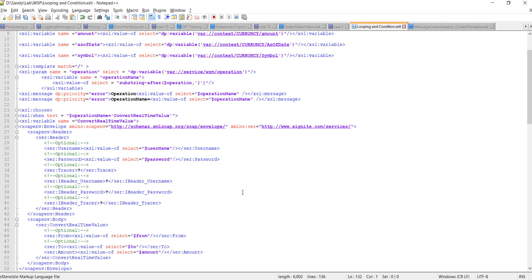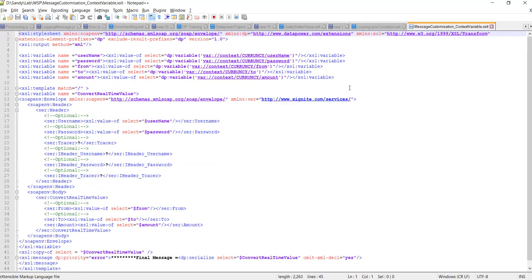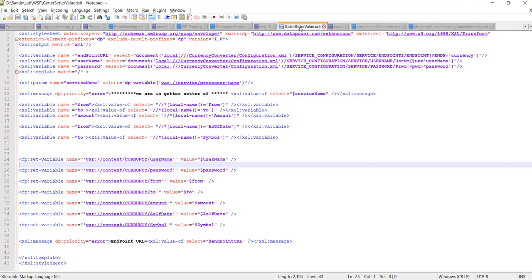Before we start the session, let's have a quick recap of the last session. In the last session, we first created some context variables. We created the XSLT file named getter setter.